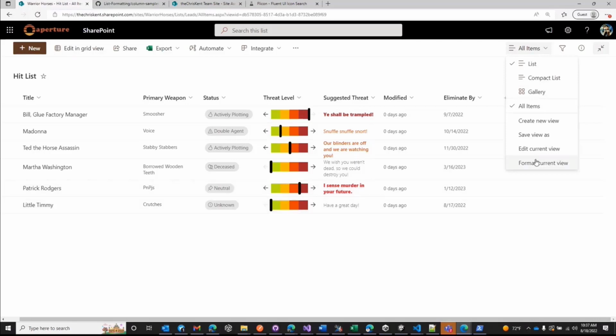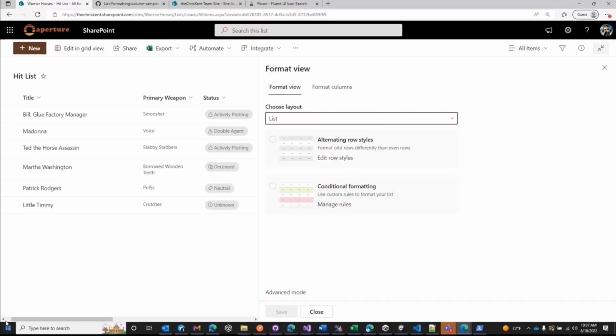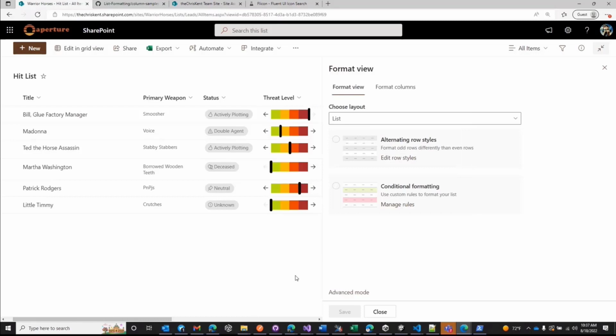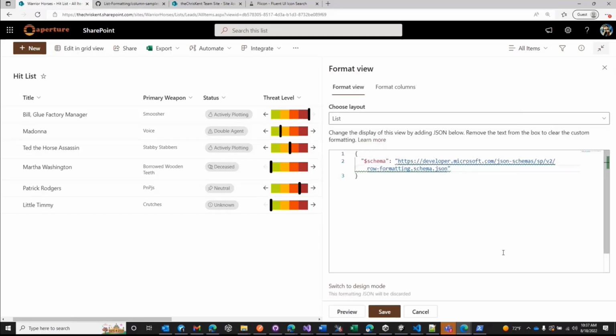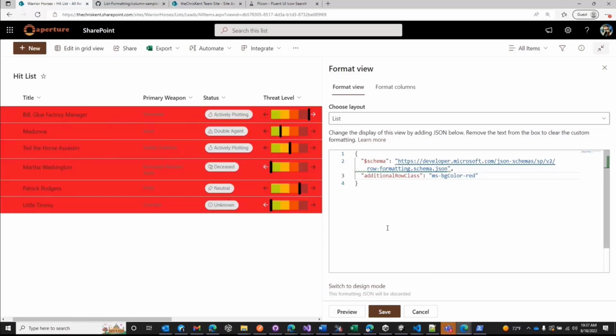So we're going to come up here and we're going to format the current view, because now we're going to apply a view format. All the other ones have been column formats so far. Now we can come in here and we can write some conditional formatting rules. And those work great, but I don't want to demo those. So what we're going to demo is the additional row class. All right, so this is the idea that the entire row, I can apply some class on it, right? So just to see it, we can say ms-bgColor-red, because who doesn't love red? All right, now everything's red, right? And that's okay, but we can do this all conditionally, as we've seen a few different times, right? So let's do that